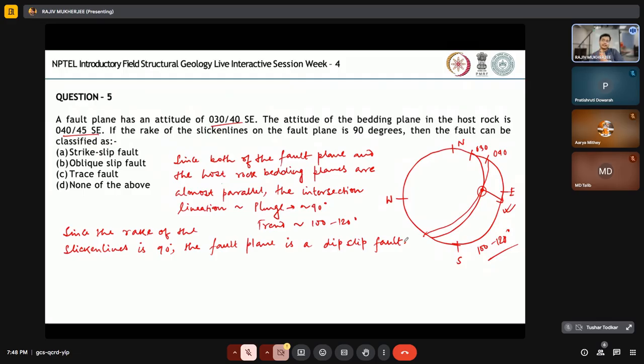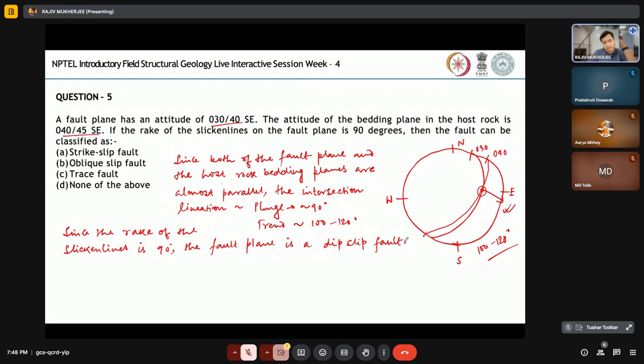And also since the intersection lineation and the slicken lines, they will have the same trend, right? Down dip lineation. So the trend of the slicken lines and the intersection lineation, they are parallel. I mean parallel in the sense they will have the same trend, and the bedding plane is almost parallel with